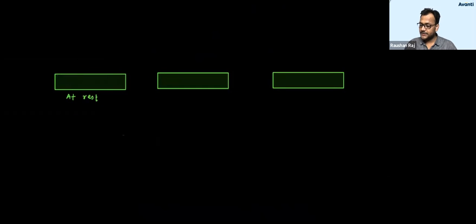इसमें क्या पहला केस है बच्चा, when this is at rest. ठीक है, this is at rest. Second case is when it is going up with acceleration a. Third case is when it is coming down with acceleration a. We need to find what will be the normal reaction that this man is going to experience.